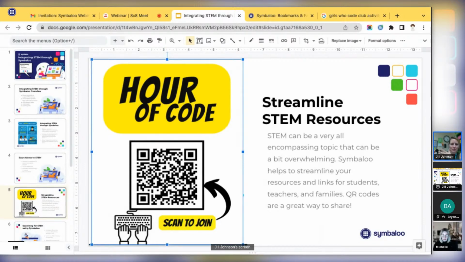It could be put in like the mailroom or the copy room. It could be sent in an email, just shared. And the QR code makes it easier for anybody, because thankfully we're in 2022 and most people know how to scan QR codes. Even the students. I mean, I had kindergarten in here, and they just knew. They see that little pixelated box, and they know what to do. So yeah, they scan their device, and boom, it will instantly bring them to